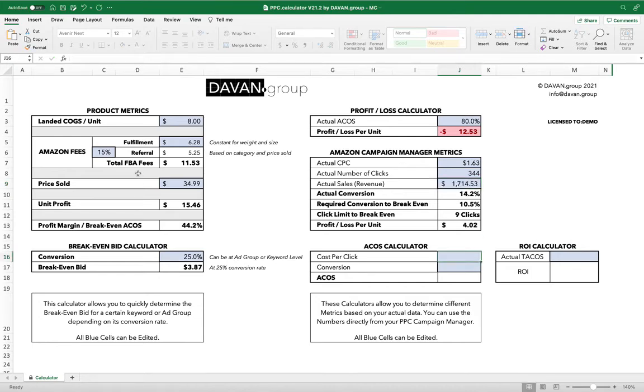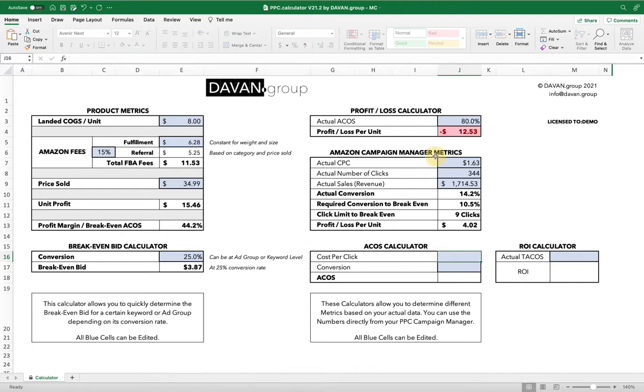So what the calculator will quickly show us is our actual conversion, 14.2%. What's super interesting is that Amazon actually doesn't tell you on Campaign Manager the conversion. Interesting or annoying? It's super annoying. And we don't even understand why, because it's, in our opinion, one of the most important metrics, right? You want to make sure you're relevant, it's converting well, you're not hurting your unit session percentage, all that stuff. So we quickly calculate it,